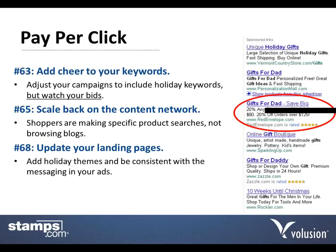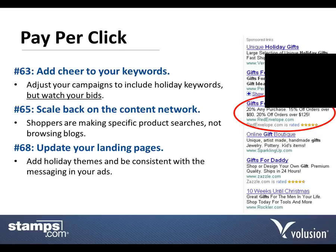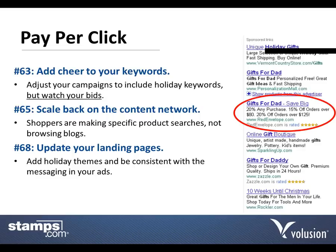All right, let's dive into pay-per-click. Now, a lot of people aren't leveraging pay-per-click in their traditional marketing structure. I highly recommend doing so. Pay-per-click is a huge business driver for almost anyone. If you're not performing well in search rankings organically,